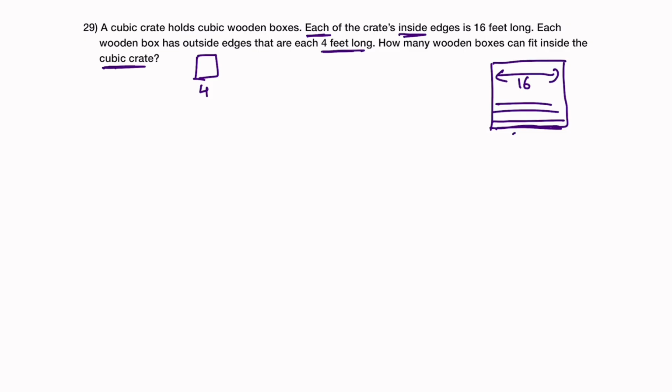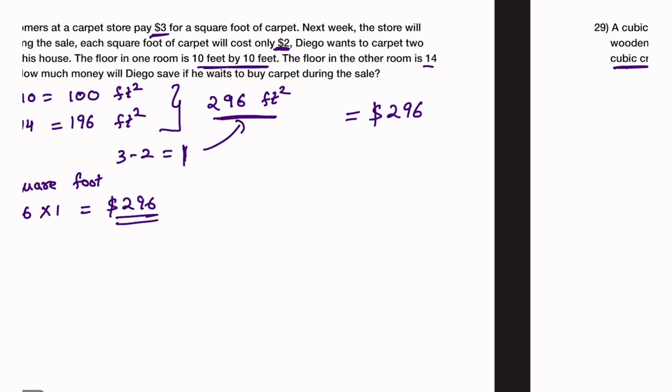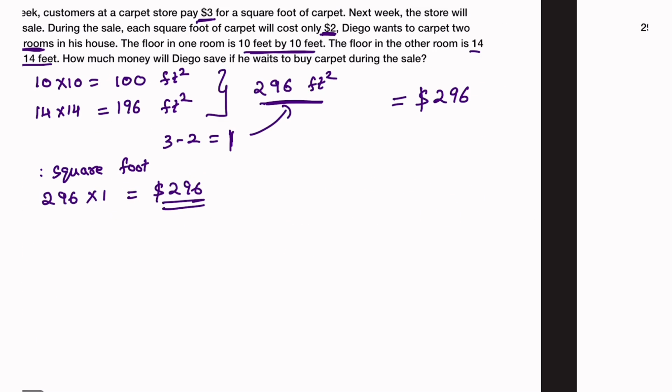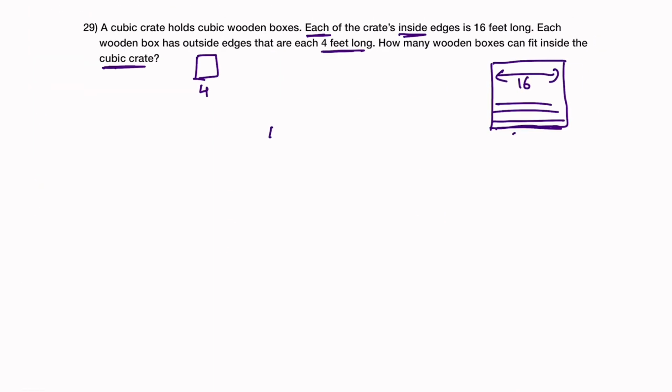Now I'm going to show the easy method here. So the outside one is 16, right? And you're keeping boxes inside. So as you did here in the previous question, you had to divide, right? So the same thing will come here. So let's write the numbers here. So we outside, the larger one, right? So that's 16 times 16 times 16, right? Because it is a cubic crate. And each smaller box is 4. So 4 times 4 times 4,